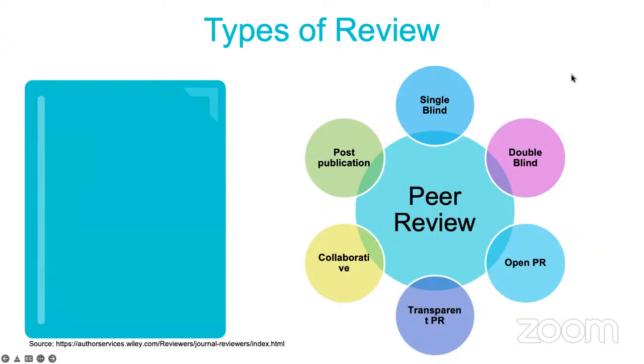There are types of reviews also. Okay, we usually write double blind review, right? Peer review. We usually use the word peer review. Okay, but what does peer review mean exactly? Okay, there can be a single blind peer review. Peer review means someone will go through the article and will give some feedback to you. You have to accept it or you have to reject it, right?